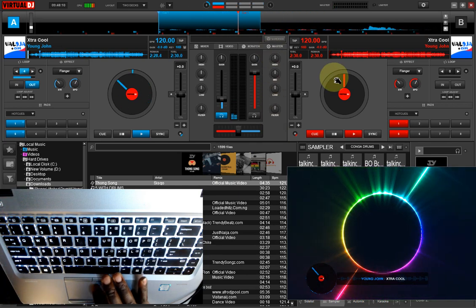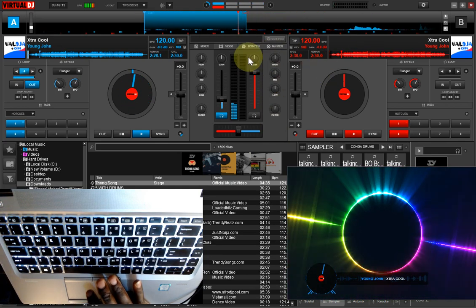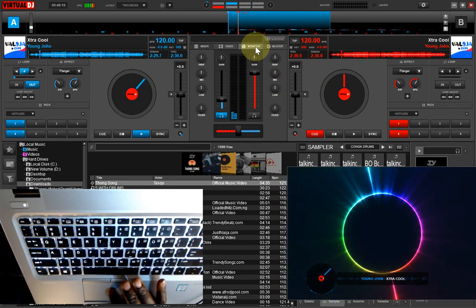So another key thing here is when you come to reading your wave, you need to understand how to read your wave. When I come to this scratch feature,